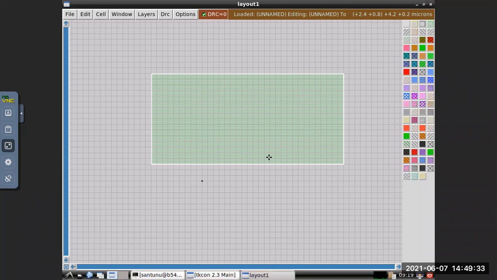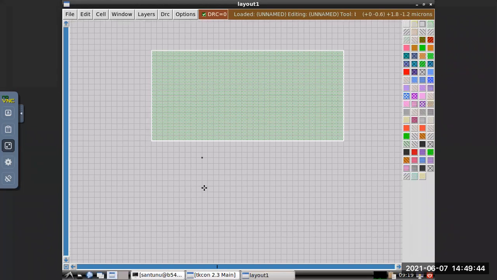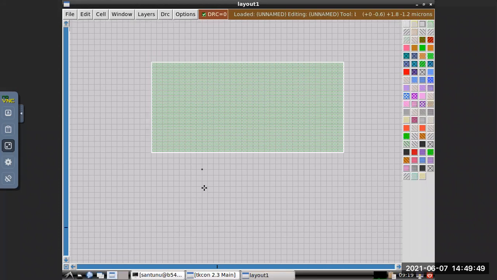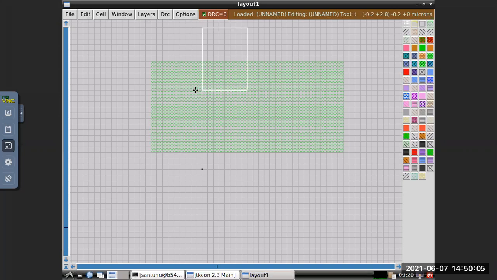Then what will you do? Paint nwell. Then inside this you have to create the P diffusion. For that you have to create a box. How to create a box? Again, right click, create a dot here, again here right click.